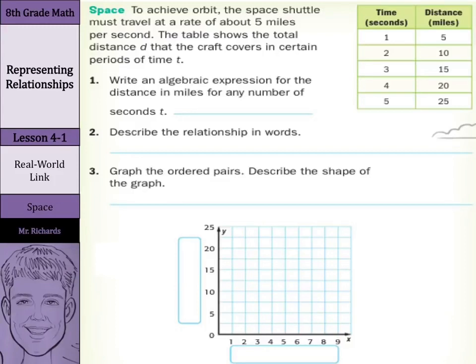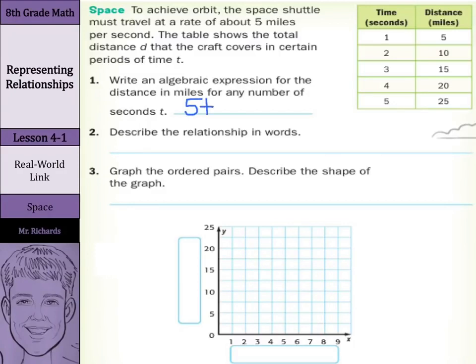Well, as we look at the relationship between our time and our distance, it looks like we're increasing by 5 as we go down. So try 1 times 5, well, that's 5. 2 times 5 is 10. 3 times 5 is 15. 4 times 5 is 20, and 5 times 5 is 25. So we could write this expression simply as